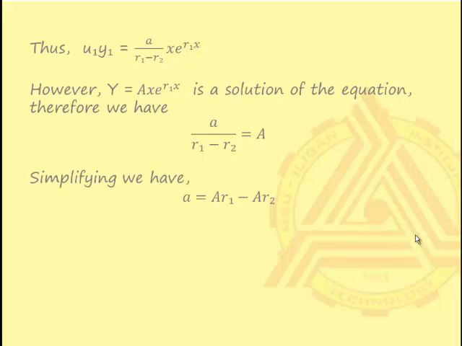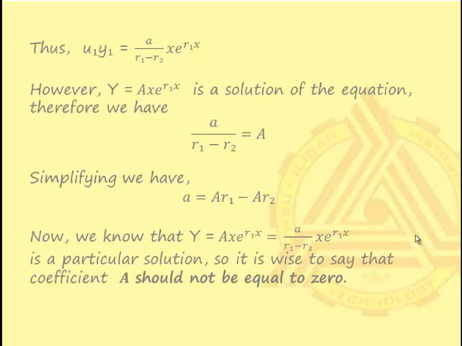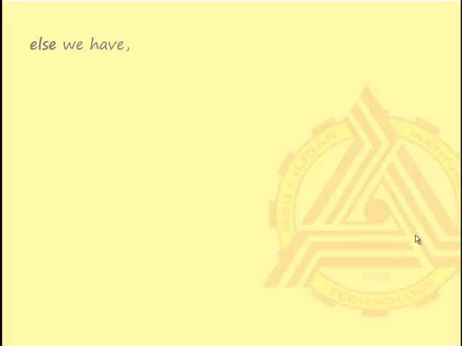Simplifying, we have a is equal to a R1 minus a R2. Now, we know that y is equal to a x e to the power of R1x is equal to a over R1 minus R2 x e to the power of R1x is a particular solution. So it is wise to say that coefficient a should not be equal to 0. Else, when a is equal to 0,